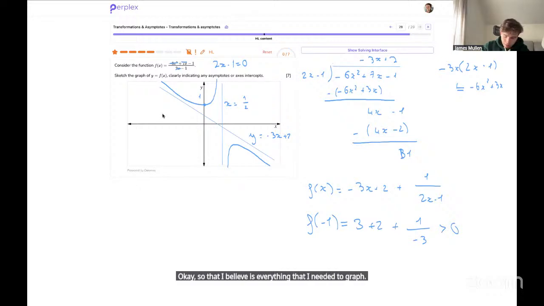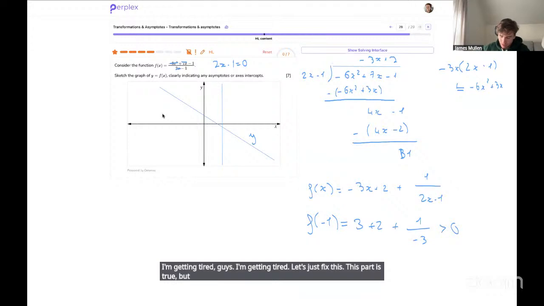But I believe perhaps that is, hang on, sorry. I'm getting tired, guys, I'm getting tired. Let's just fix this. This part is true, but I want to make sure that